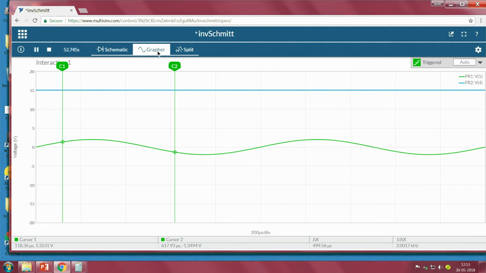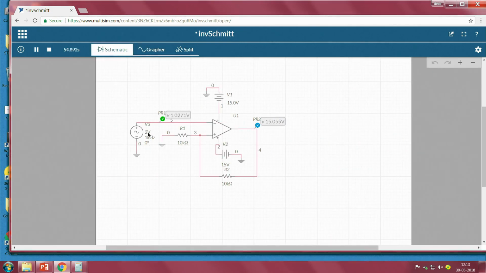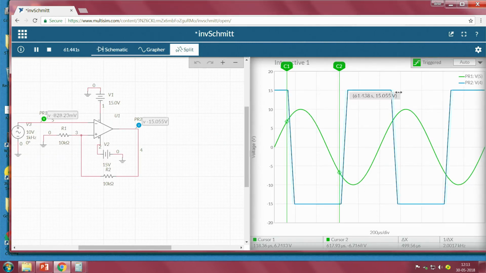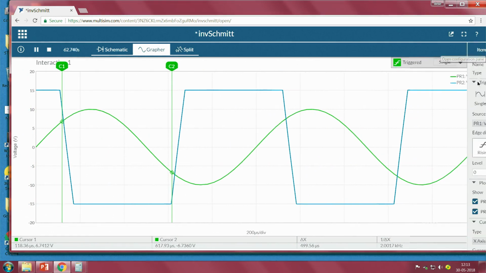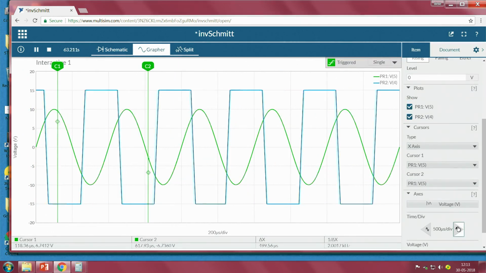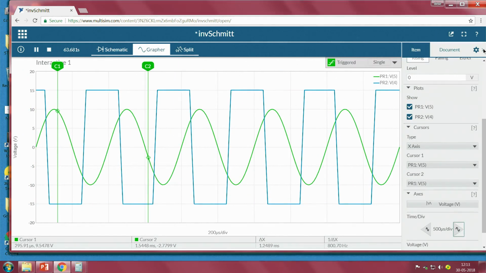So, in order to see the effect of our circuit, we will change our input peak value to higher than our higher threshold value. So, what I will do? I will go to somewhere around 10 volts. Peak value is 10 volts, that means peak to peak is 20 volts. Now, when we see, yes, we observed it. I will make it as single. Then go to the grapher, I will go to the settings, I will increase a little bit. Okay. Now, here we observe.